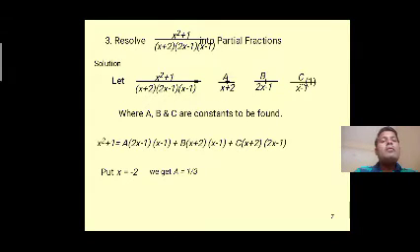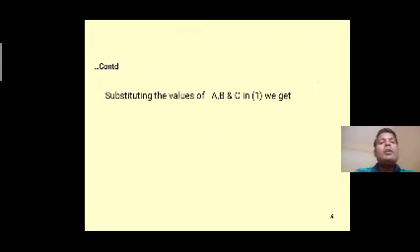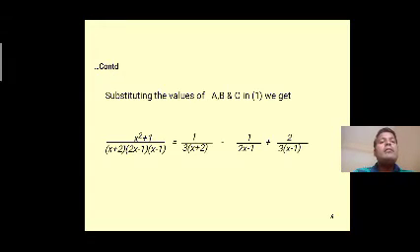We get a equal 1 by 3. Put x equal 1 by 2, we get b equal minus 1. Put x equal 1, we get c equal 2 by 3. Now this a, b, c value substitute in the equation 1, we get x square plus 1 by x plus 2 into 2x minus 1 into x minus 1 equal,